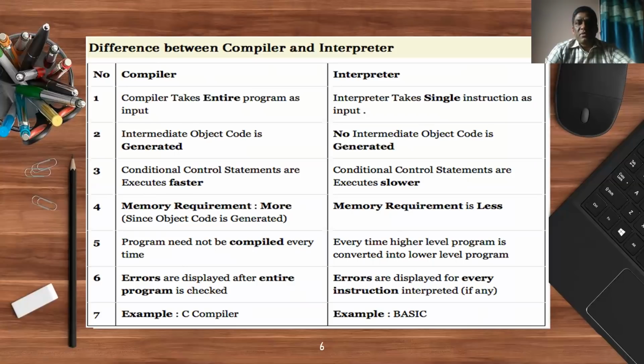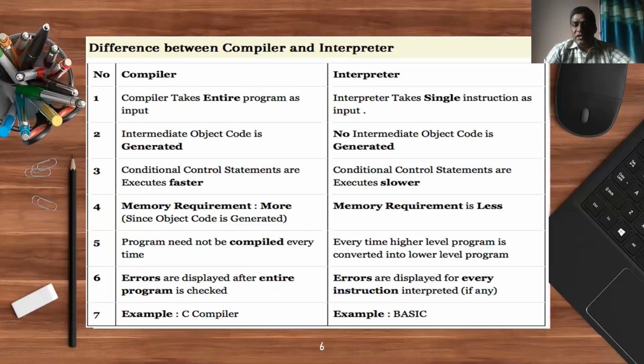A compiler takes the entire program as input. The entire program, just like in your C language, you submit the C file to the C compiler by using the command cc followed by filename.c. That is how you submit your entire program to the compiler. So the compiler takes the entire program as input and then checks for the syntax errors. It displays all the errors throughout the program, right? So starting from the first line of your program and checking through the last line of the program, whatever error is identified, every error will be displayed in a single stroke. So that's what the compiler did.